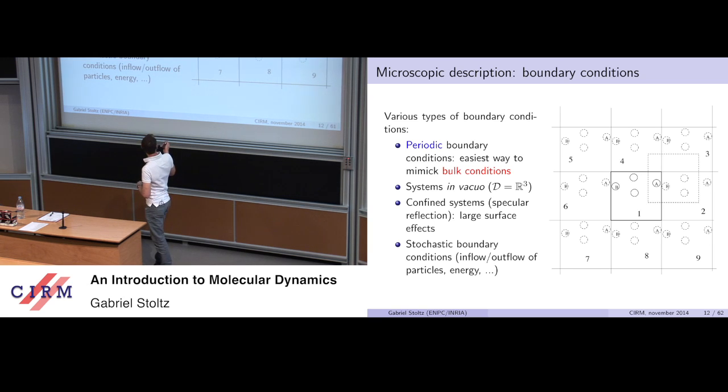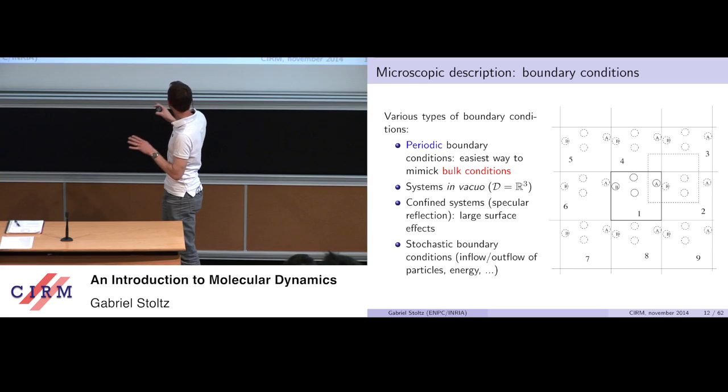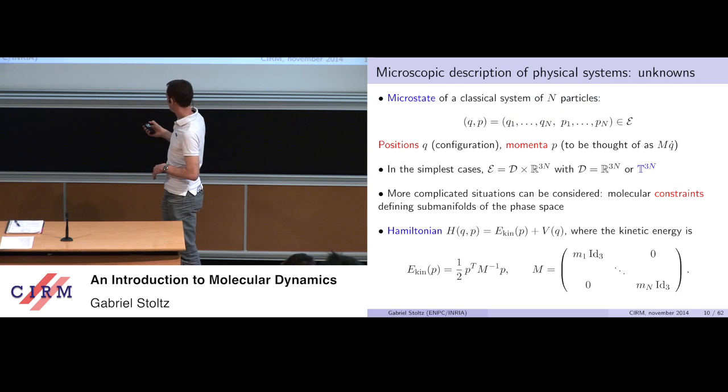So in this case, a particle which is here is periodically replicated everywhere, and in front of this particle you also have a fluid in more or less the same state, and so this allows this internal region to be more or less in a bulk state. So that's why people like periodic boundary conditions in molecular simulation, and I will more or less always assume in this talk today that I will be working with periodic boundary conditions, which is relevant for condensed matter simulations.